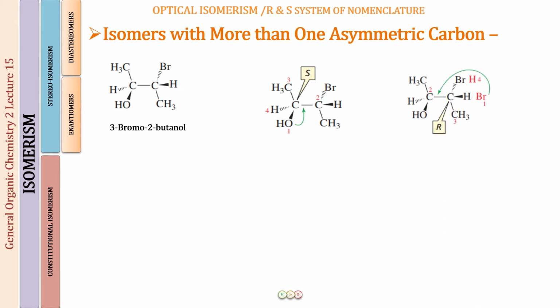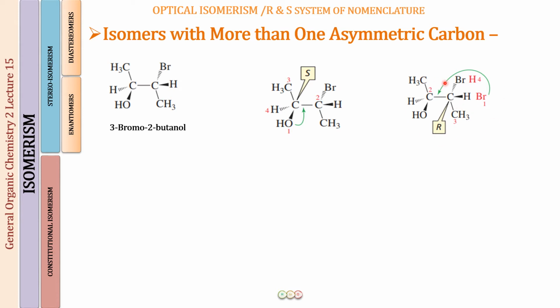And when you do that, the priority groups: bromine is going to be group number 1. This carbon with the oxygen atom is going to be group number 2. Then it is going to be the CH3 group, and then the hydrogen. If you have not watched the previous lecture, you have to watch it so that you have an understanding of what all we are discussing. This is just part 2, or the extension, of the last lecture. You just cannot understand it without the previous one. So please watch it if you have just switched on this lecture only, for your understanding.